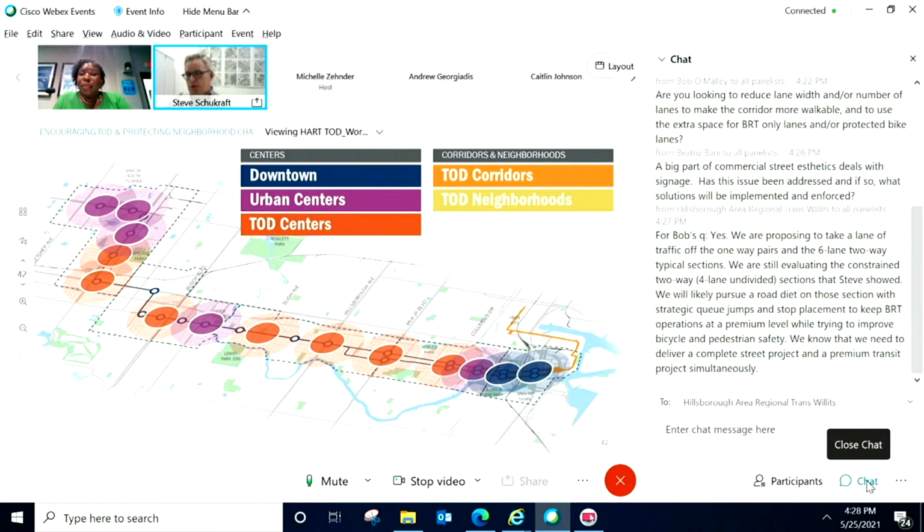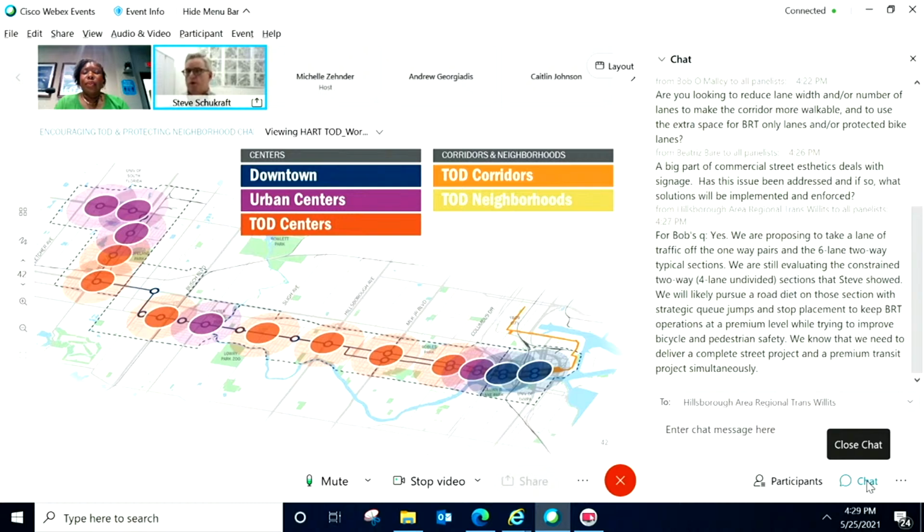This is a map that indicates generally the distribution of the different place types along the corridor. So we're talking about three scales or kinds of centers: downtown, which speaks for itself because that's the largest scale development that we see along the corridor, but that would be isolated to the footprint of existing downtown. We have urban centers and TOD centers. These would be places that would allow for a little bit more density and intensity along the corridor to take advantage of some of the larger footprint development opportunities, but also bring some new uses and diversity to uses along the neighborhood. And then the smaller scale development, TOD corridor and TOD neighborhood.